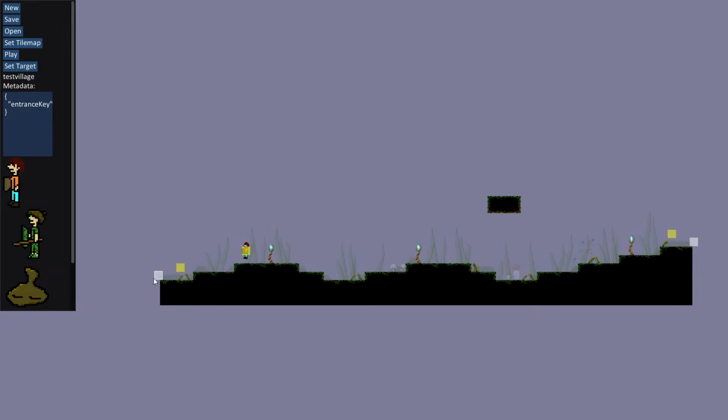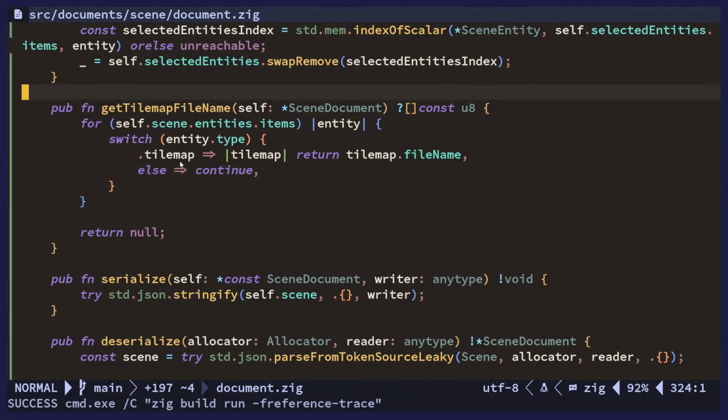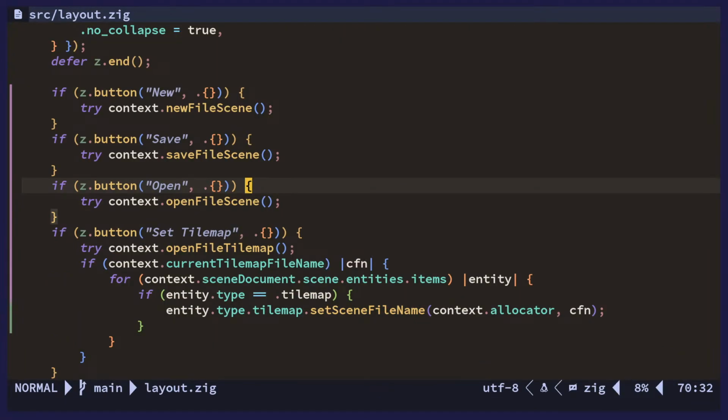Okay. So another thing that I think is pretty cool to have is, maybe you want to go to the scene where, so this would be really easy now to actually implement a button, when you have this selected, to actually go to the scene where this exit will end up. So let's go to layout,